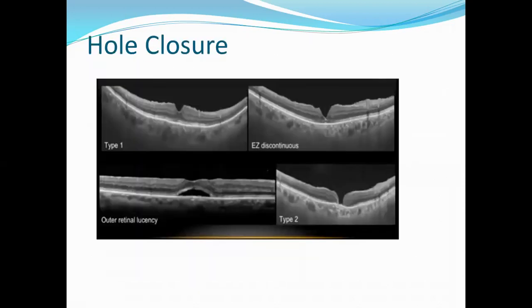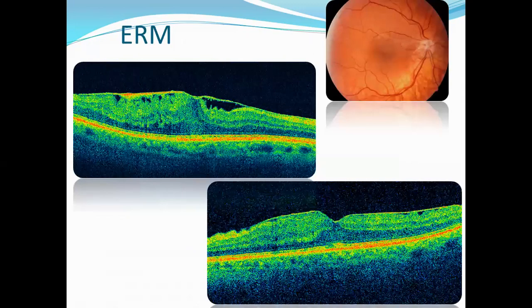Then coming on to the hole closure, after macular hole surgery, the hole can close in 2 forms. The upper left picture shows type 1 closure, the lower right picture shows type 2 closure. So this is also a closed macular hole. So type 1 closure is when there is no neurosensory retinal defect after the closure. However, in type 2, you see the edges of the hole have become flat, but yes, there is a neurosensory retinal defect. However, this hole is also considered as closed hole. So इसमें और surgery की need नहीं रहती है. So ये type 1, type 2 hole closures you should know.